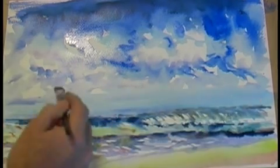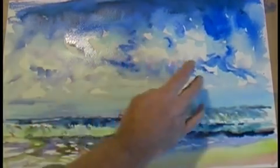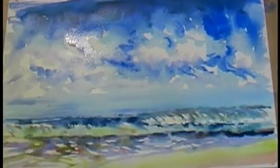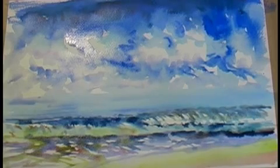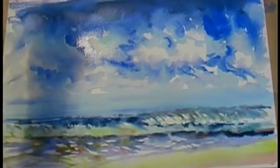So we've got our wave forming now. Is this dry enough yet? Quite humid today, so just dry enough I think to have a go at that. So whilst this dries off now, I'm going to go back up to the horizon line,